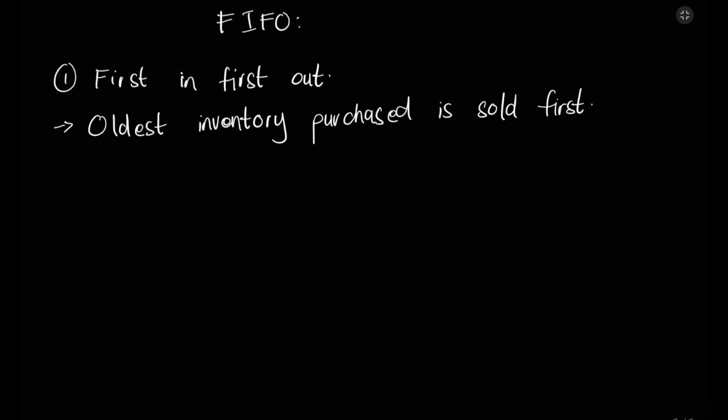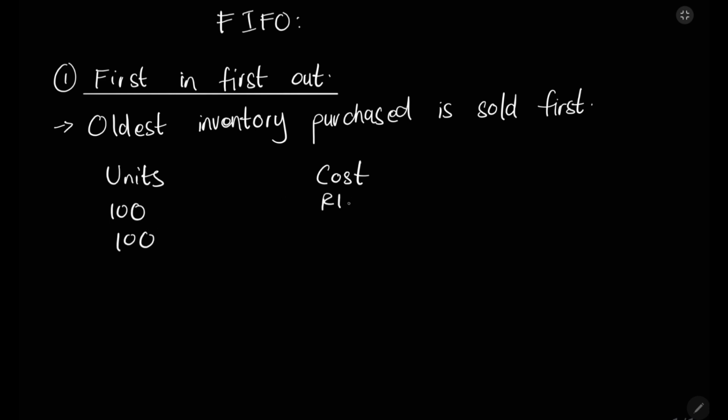Let's move to the second inventory valuation method. We have the FIFO, which stands for first in, first out. What it basically means is that the oldest inventory purchased is sold first. Okay? Again, it basically means that the first inventory is the first to be sold. For example, we have units here and we have cost. Let's say we have 100 units, and another 100 units, and these ones cost 10 Rand and the other ones cost 12 Rand. Let's say we sell